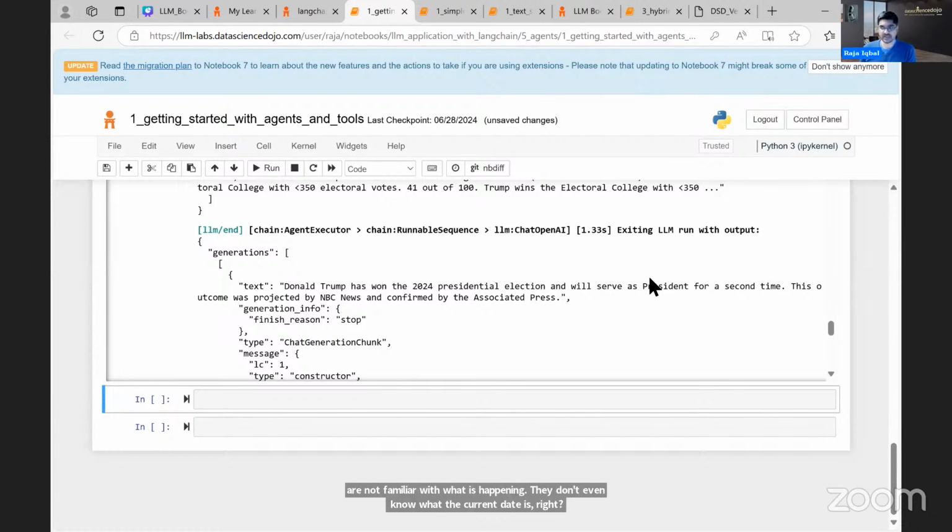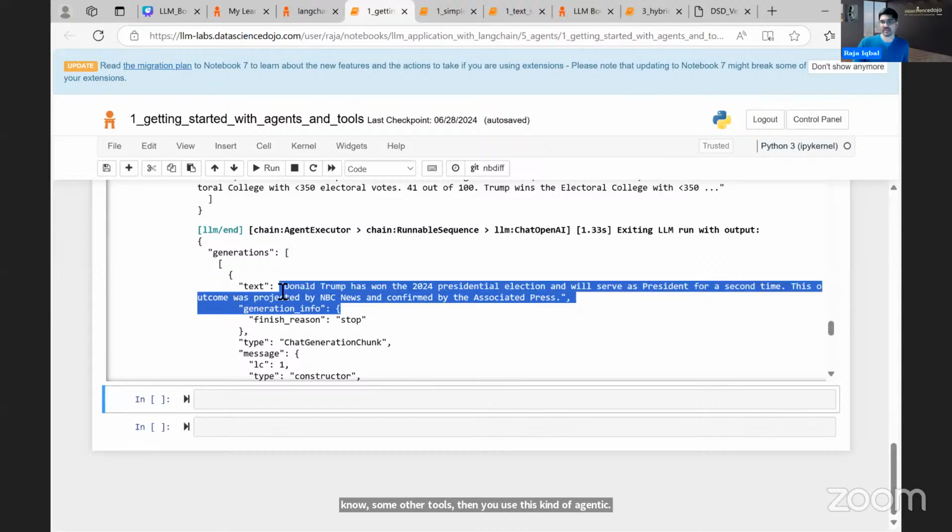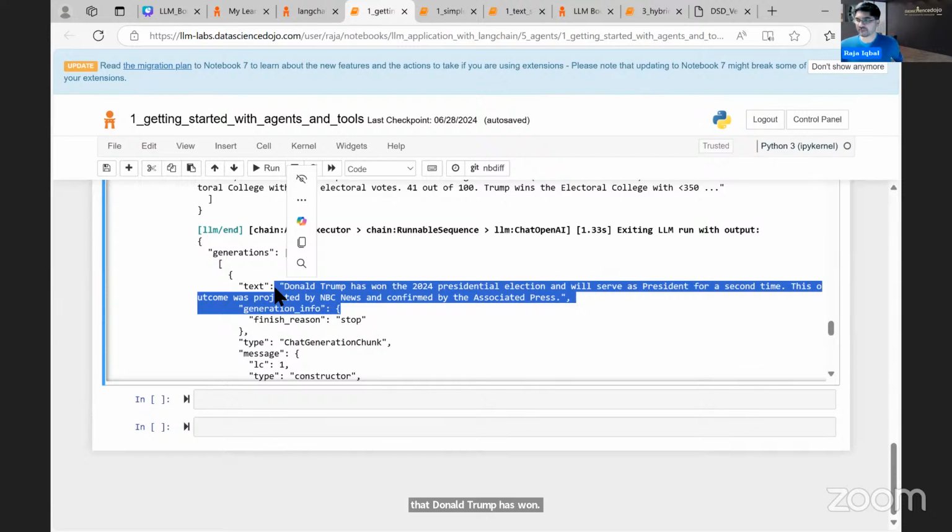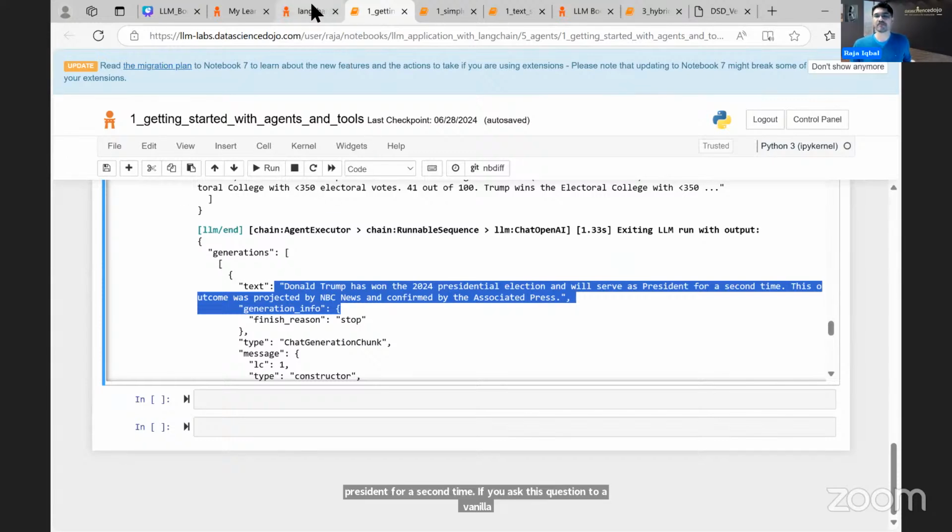So when you want to use the semantic capability of a large language model and combine it with some other tools, then you use this kind of agentic framework. And you can see that it was able to pull that Donald Trump has won the 2024 presidential elections and will serve as the president for a second time. If you ask this question to a vanilla base LLM, it will not be able to answer.